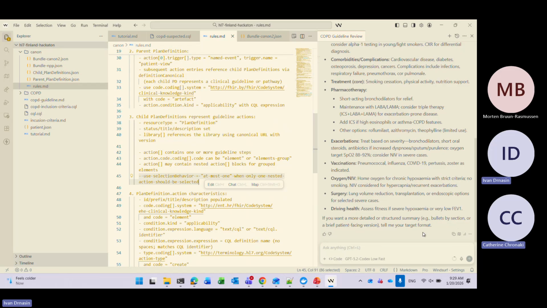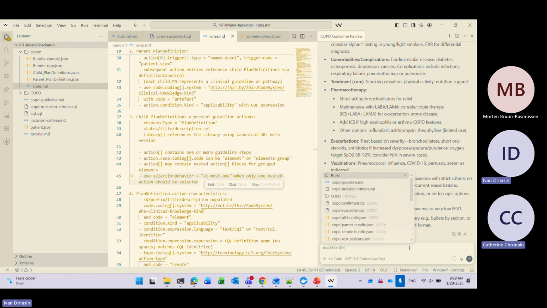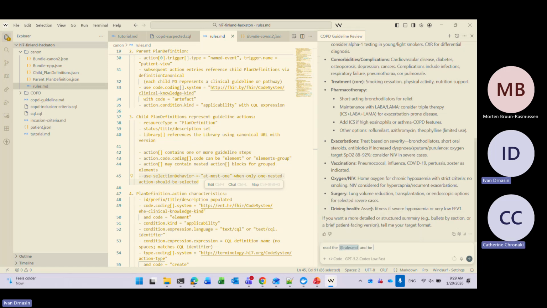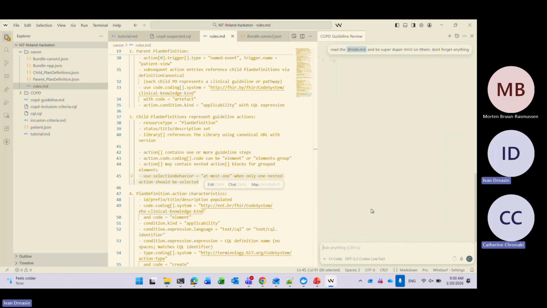So maybe we need to tell it, read the rules, and be super duper strict on them. Don't forget anything. So, okay. And now I will ask it to generate some guidelines.